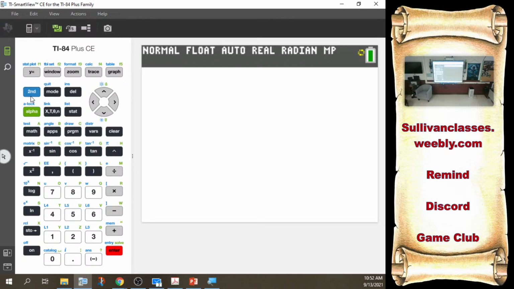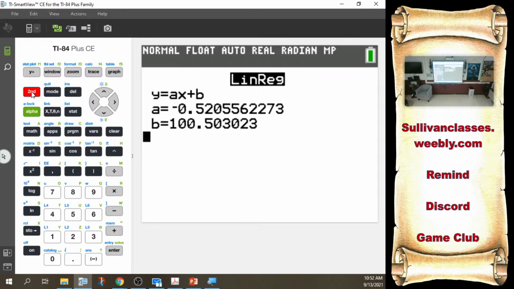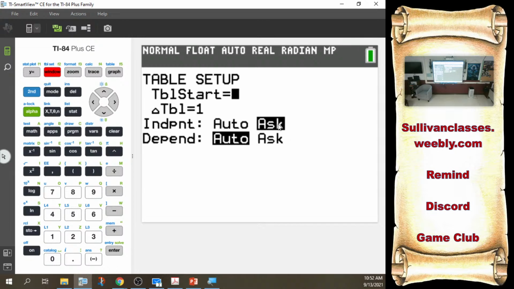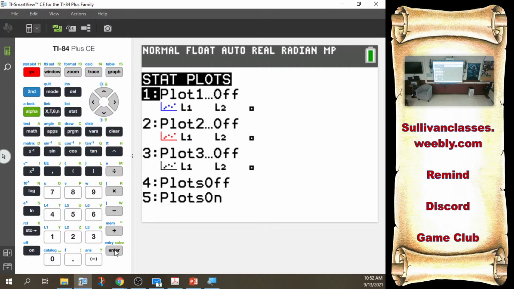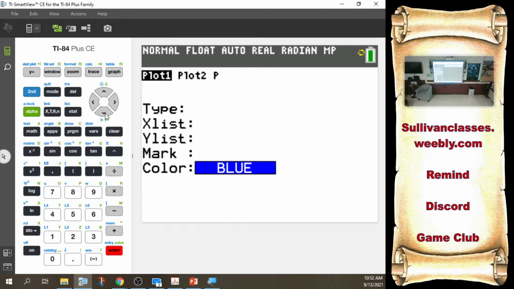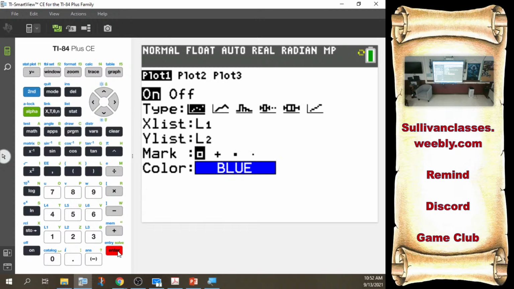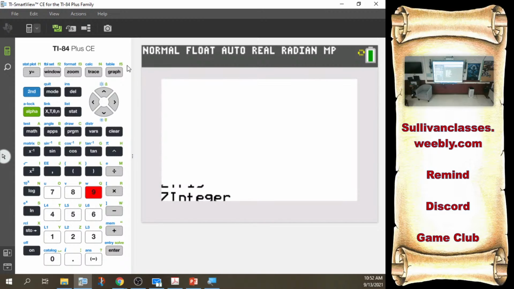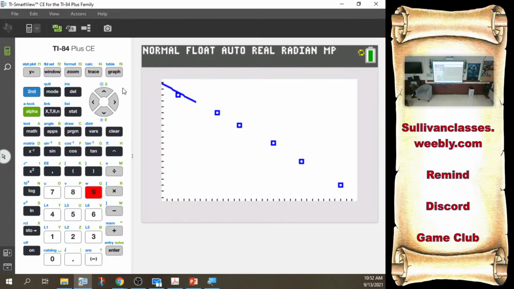The reason I want to store it is because now, come on you. If I have my table set to my ask feature for independent variables, if I turn my stat plot on, I can see this physically. I could zoom to my stats, we said was the easiest way. Frank's going to take his sweet time. Ooh,